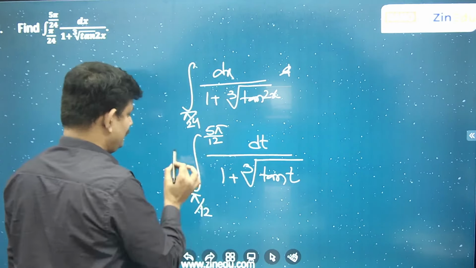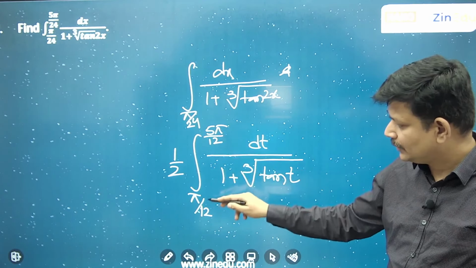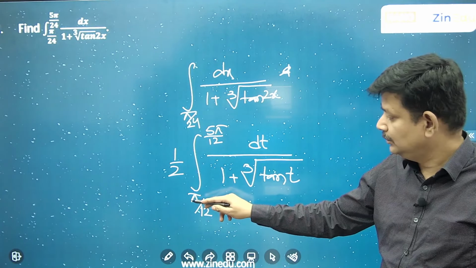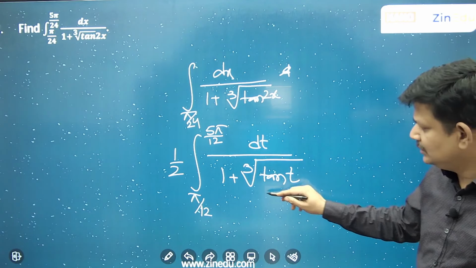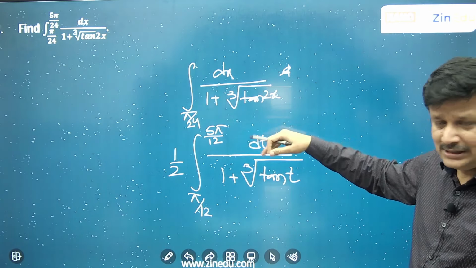Now if you observe, this sum is how much? 6 pi by 12, pi by 2. This you can see as sin by sin plus cos. If you replace t by pi by 2 minus t, you will get the same integral, except the sin in the numerator will become cos. If you add them, you will get back the same function. But you need not do all of this. This is a very standard question.